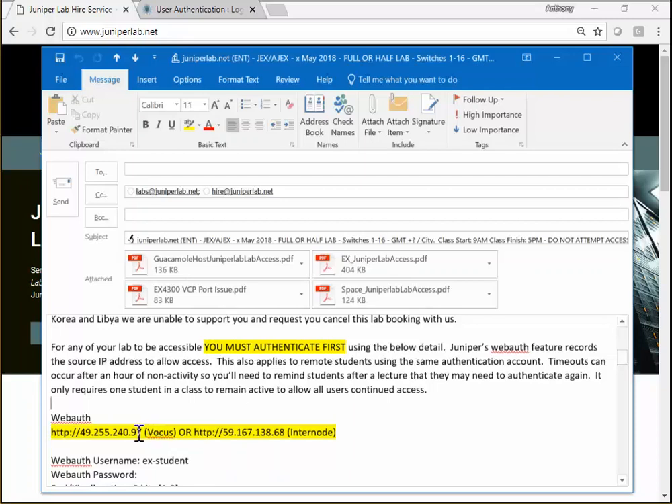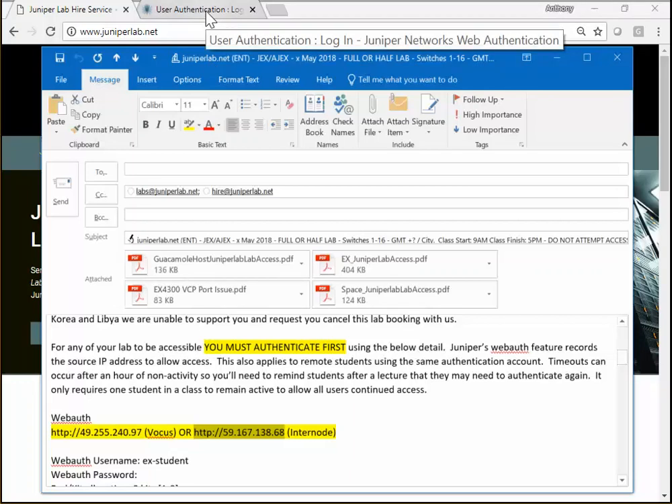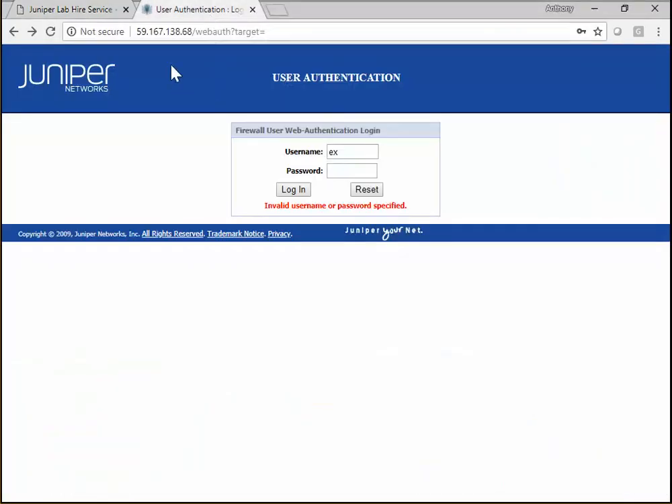At this point in time we have two IP addresses for the authentication, and just for demonstration purposes I will use the one that I've highlighted here and go and change the screen to my browser, where I will see the IP address, and now I've got a prompt in the window for the web authentication process to begin. At this point in time, I'll type in the username of EX-student